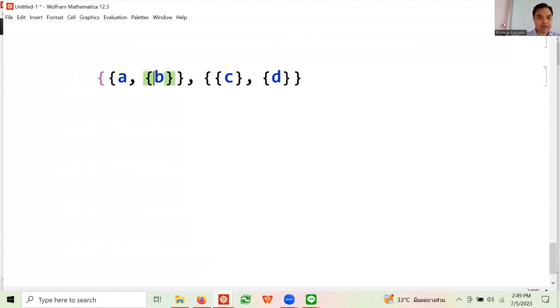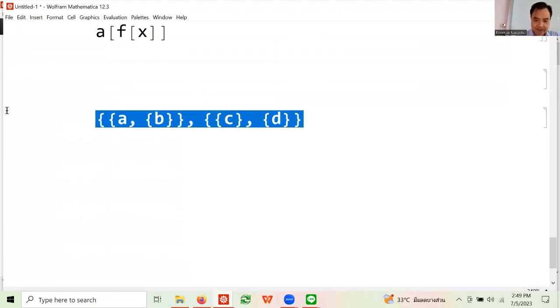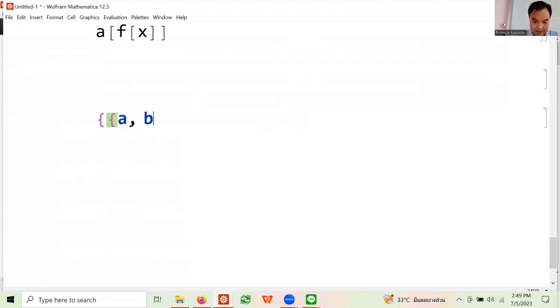Let me do this first. Okay. Right. This is a simple thing, right? It's a list of 2 things. Each of which is 2 things. It's a list of 2 things, right? How many rows? How many columns? 2 rows. It should look like this, basically.